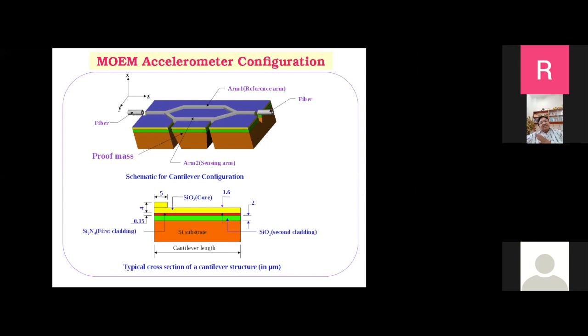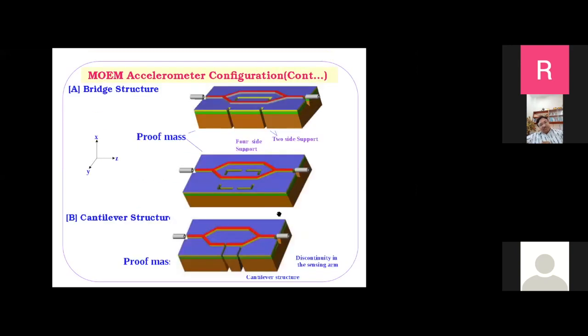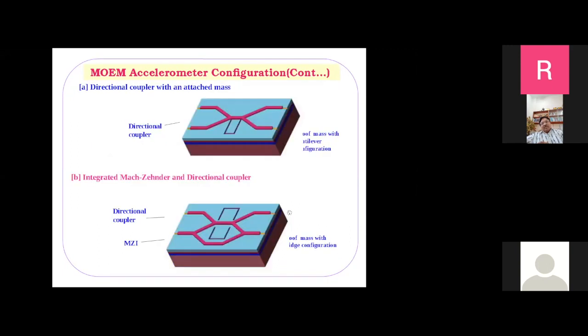Other ideas: this is an accelerometer that Dr. Jagannath Naik has done, one of our students who worked on accelerometers. Of course, now they are trying to fabricate this and put it to use. These are all ideas which you can explore. You can use an interferometer, you can use a directional coupler, you can combine them. All these things can be done.